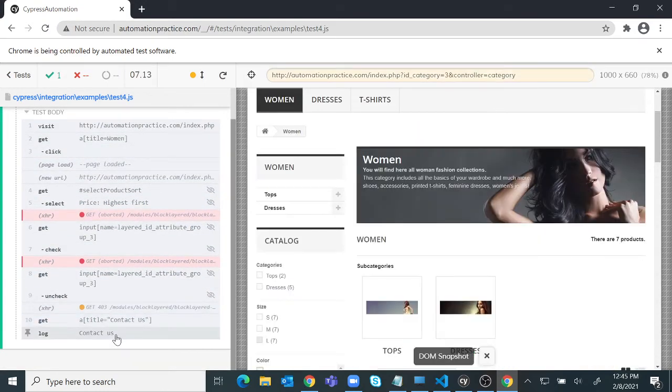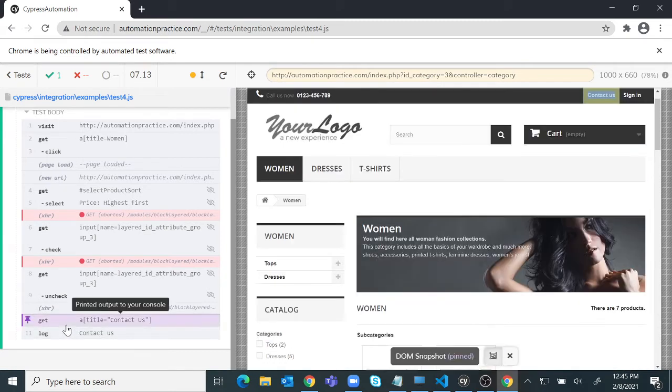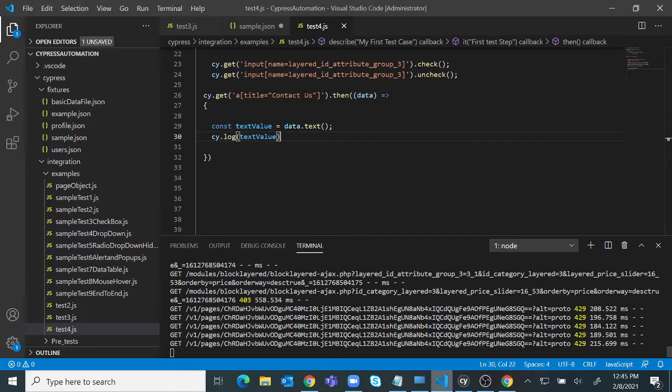It has printed contact us, right? Exactly right. So it is trying to find the locator, has reached over here, has resolved the promise, and then it's trying to print in the log. Now what if we want to assert it? So for assertion, you can use